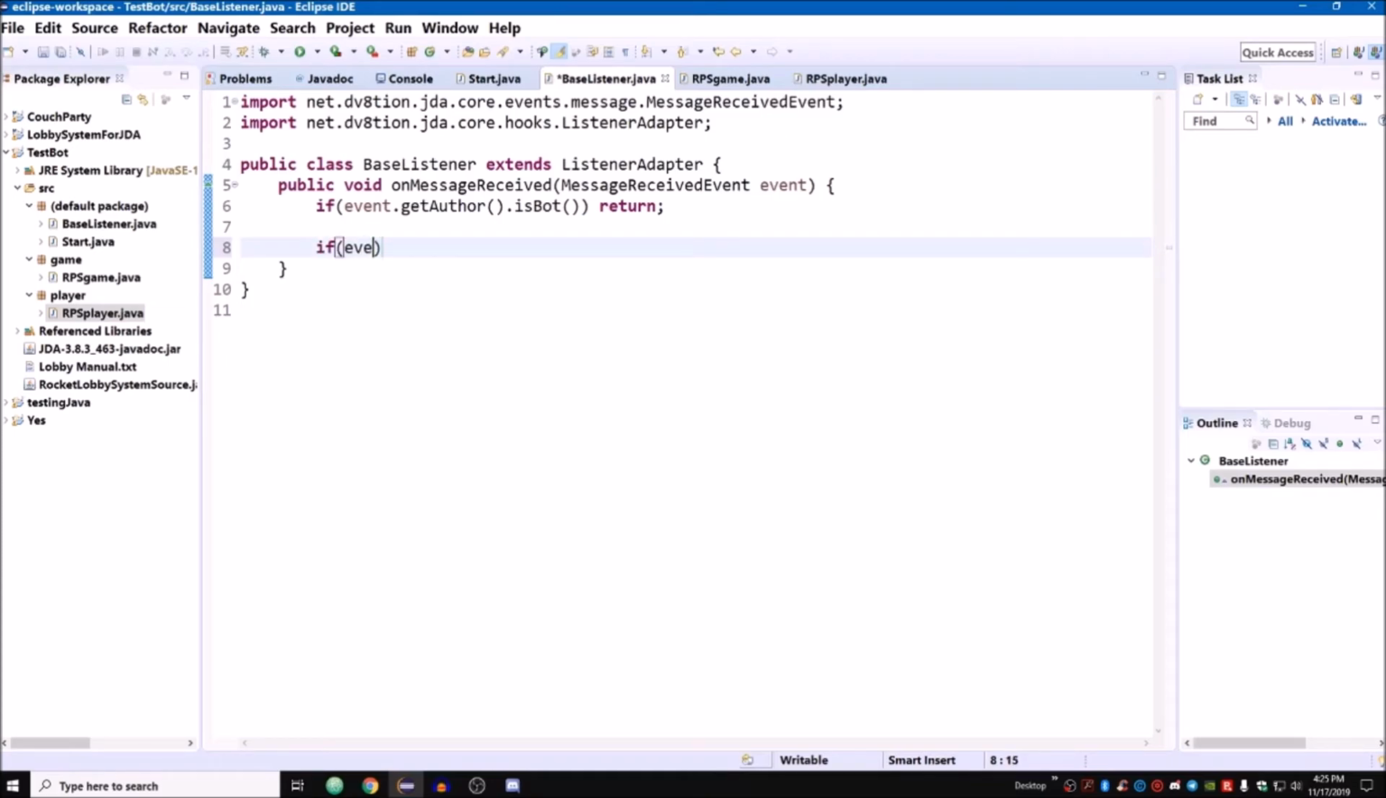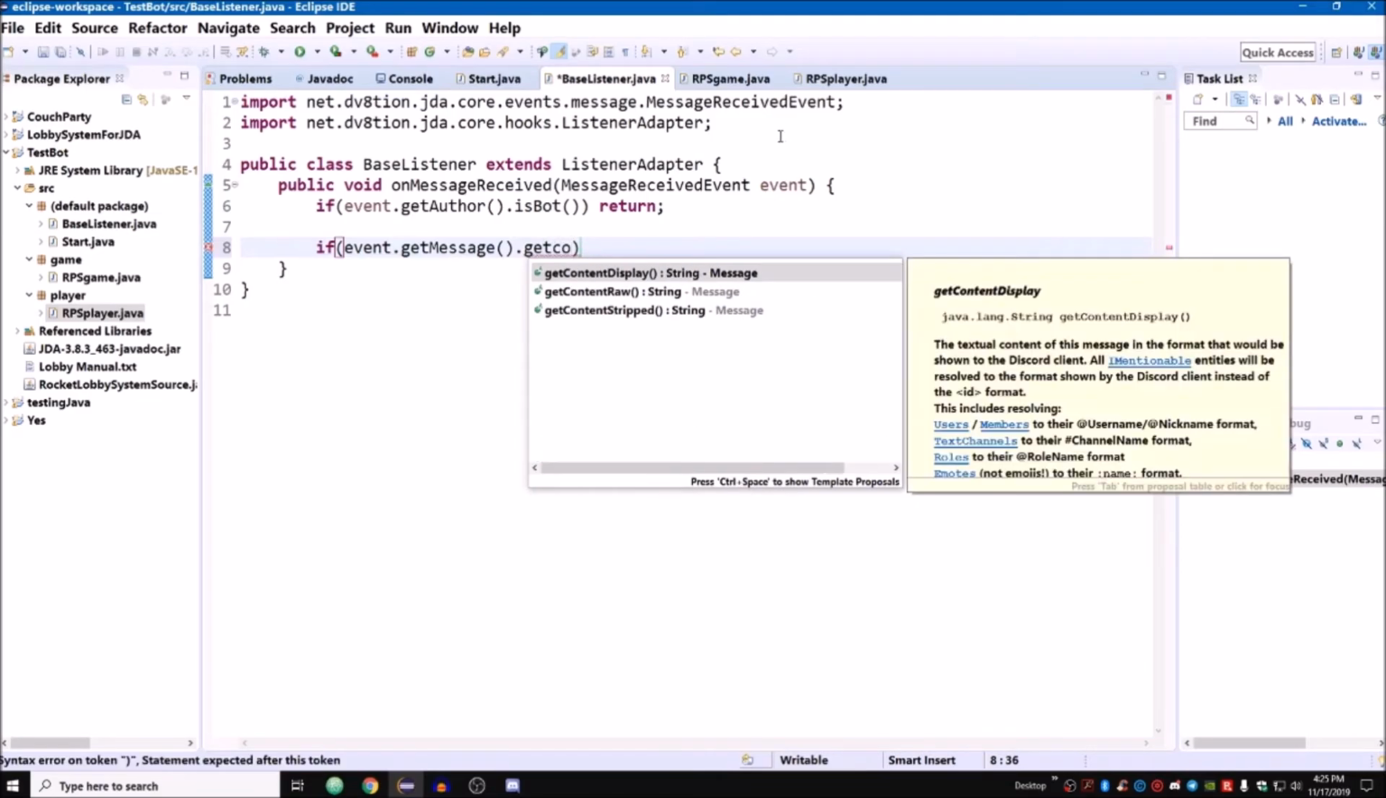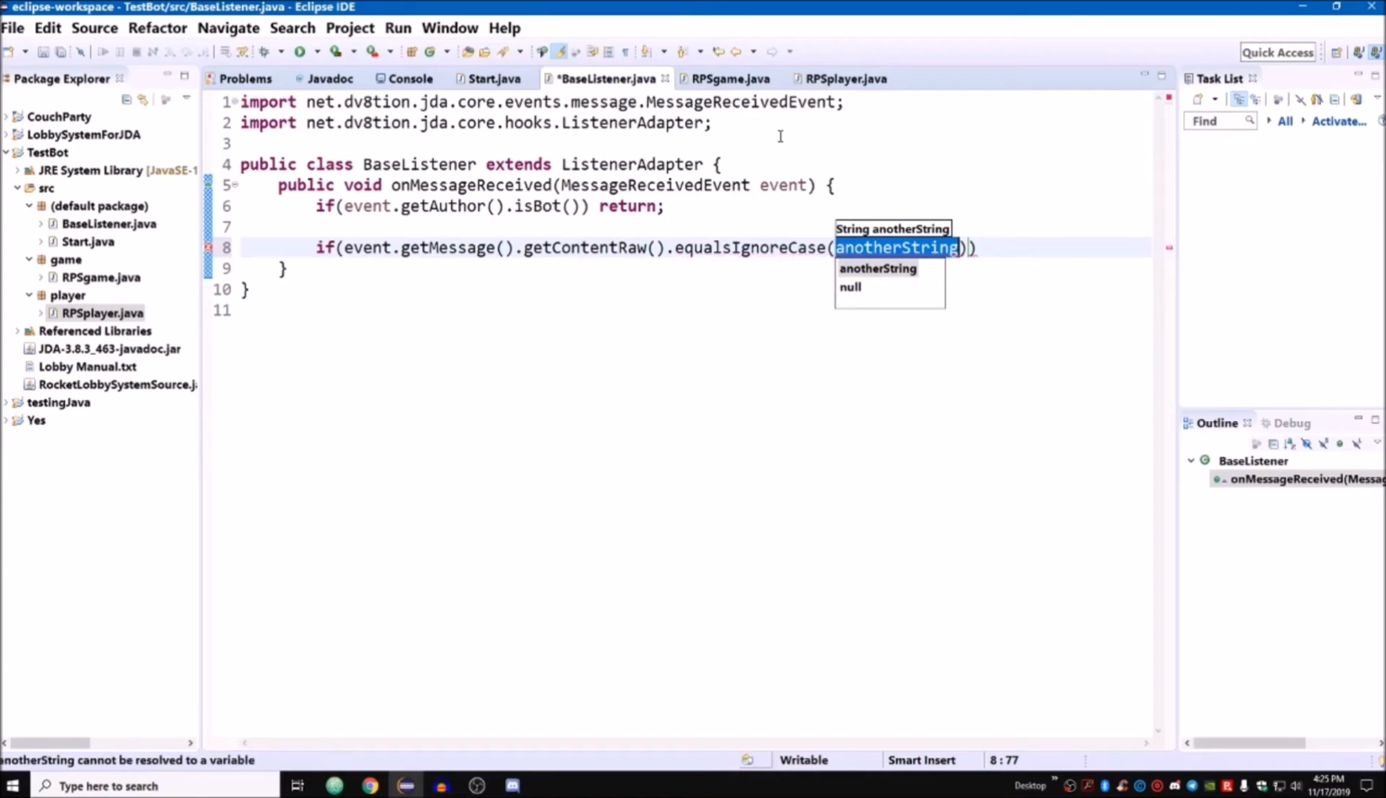If event.get message.get content raw equals ignore case rock, paper, scissors. If it equals that, we're going to go ahead and do the following things. We're going to do this. Lobby dot